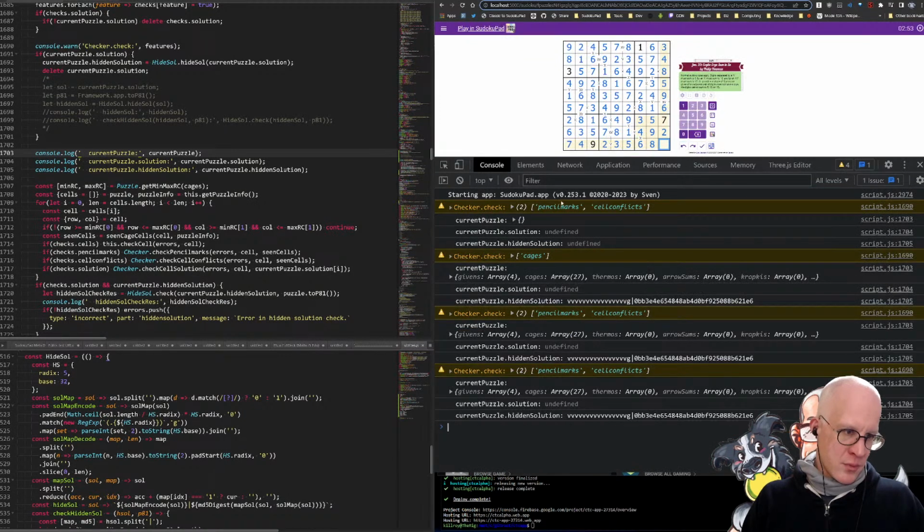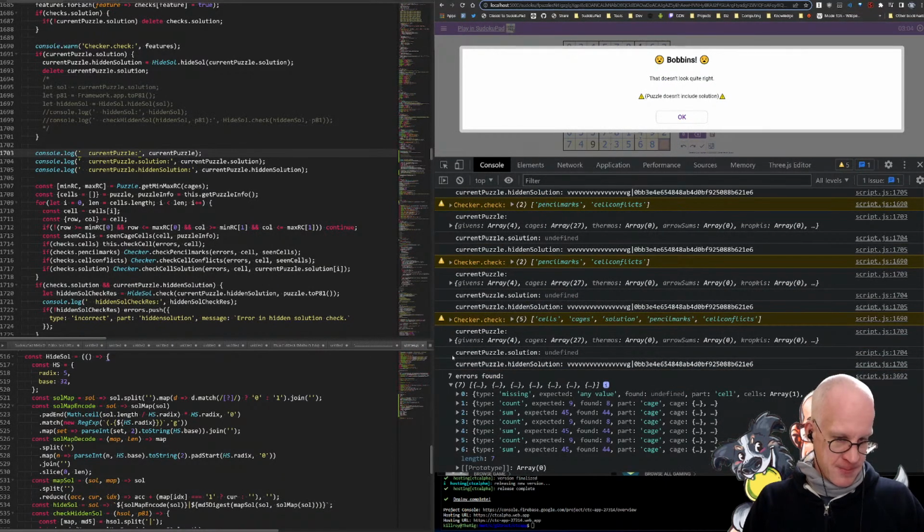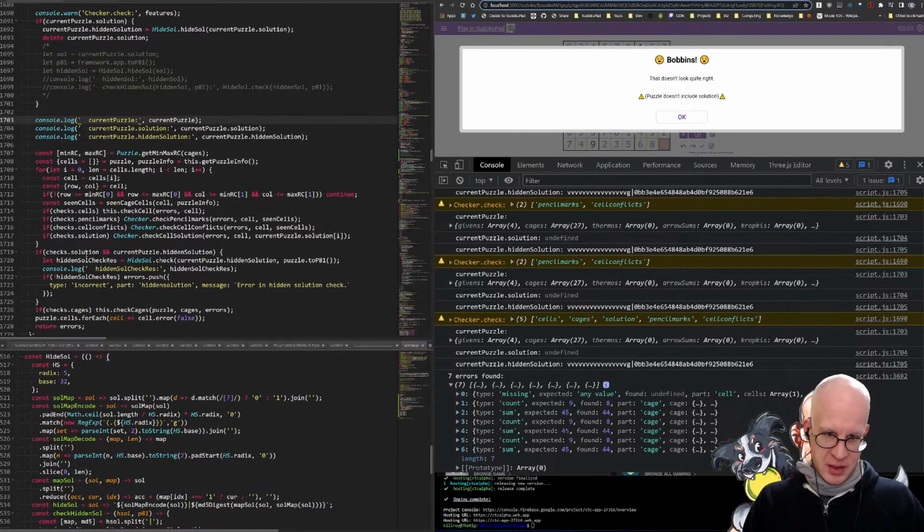Current puzzle solution undefined. Hidden solution is this. So hidden solution sticks around. So if I run a check now, we have a hidden solution, and